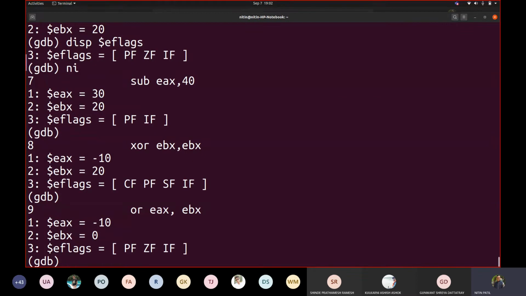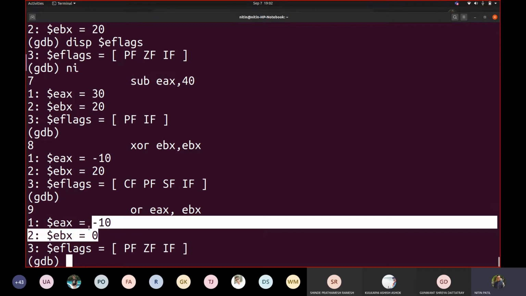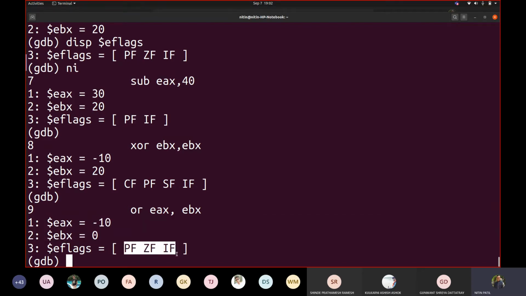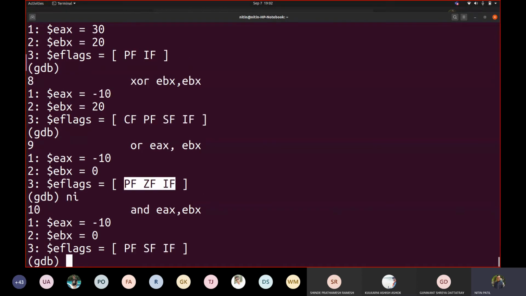Now you will see that XOR also made the change, correct? Zero flag was set because the same register would be used for XOR. So X with XOR X, when X and X are XORed together, will result in 0. That's why this EBX became 0, and then appropriately this flag got set. Now the next instruction, which is OR EAX, EBX. Because EBX was 0, we are adding 10 and 0.